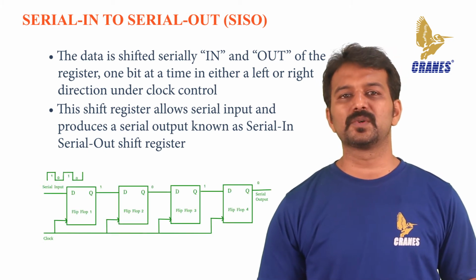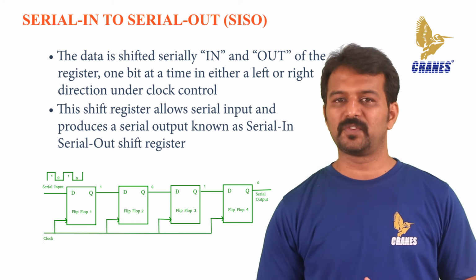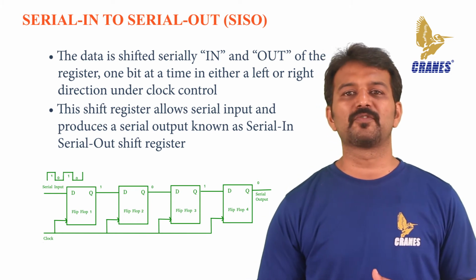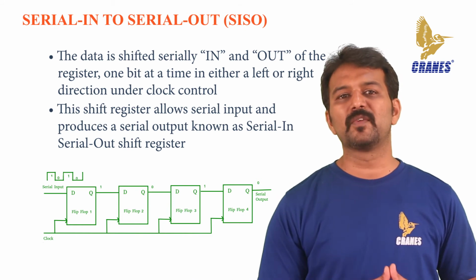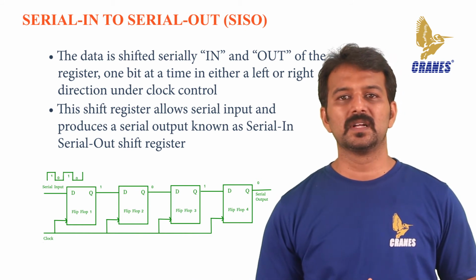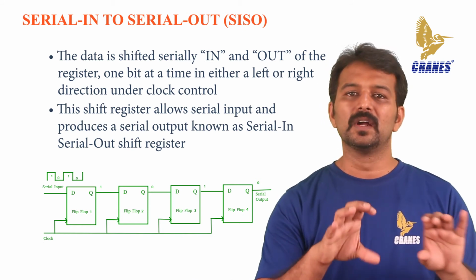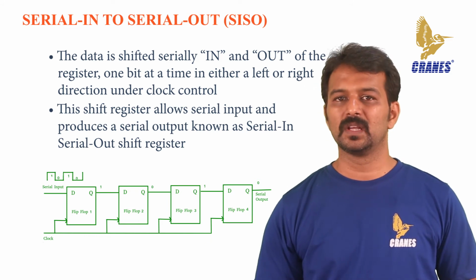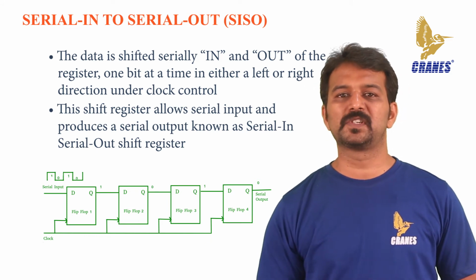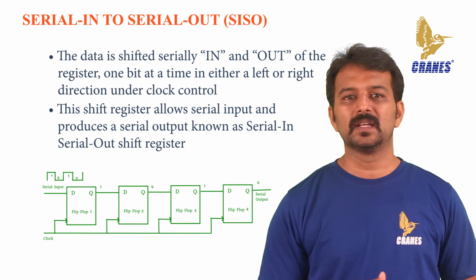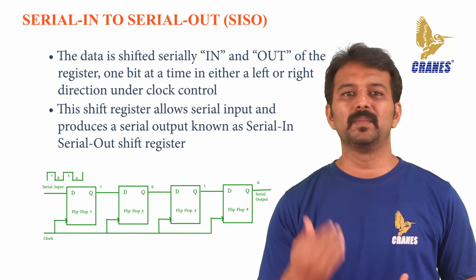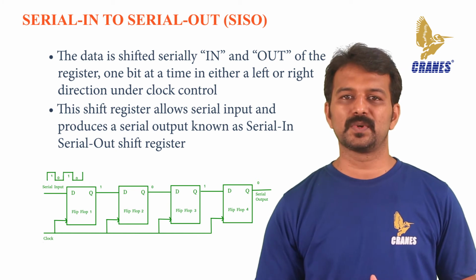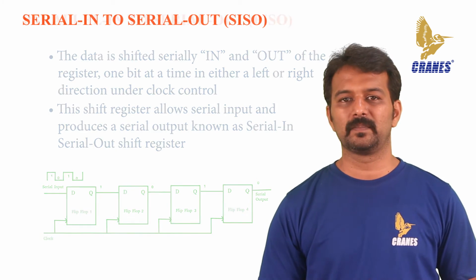The logic circuit shows a serial in, serial out shift register. The circuit consists of 4 D flip-flops connected in a serial manner. All these flip-flops are synchronous with each other since the same clock is applied to each flip-flop. The circuit is an example of a shift right register, taking the serial data input from the left side of the flip-flop. The main use of a SISO is to act as a delay element.